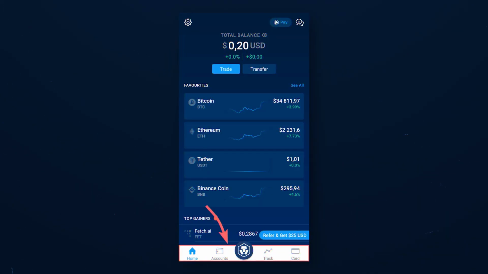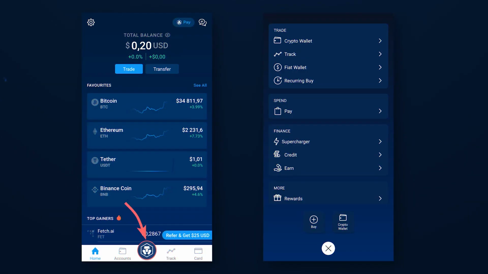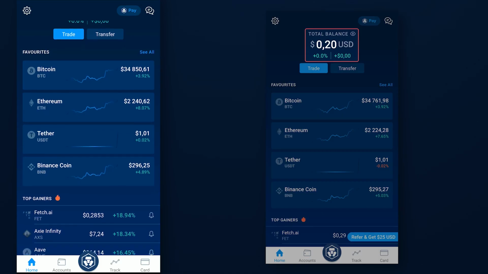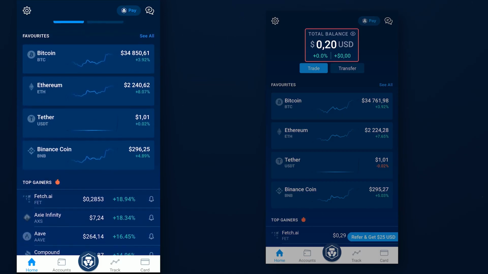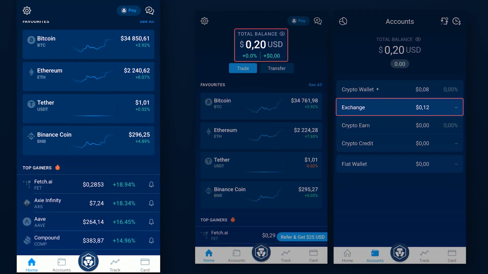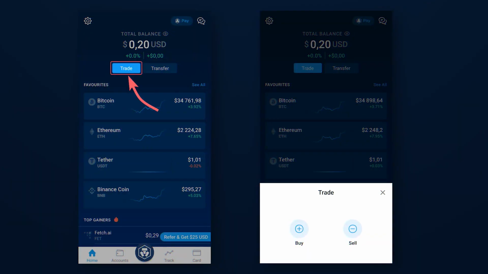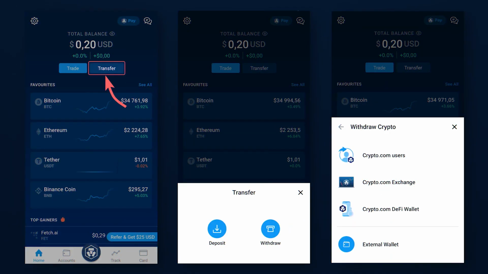To quickly switch between pages and sections of the wallet, you can use the area located at the bottom of your screen, or the quick access menu that opens when you click on the lion icon. From the home page of the application, at the top of the screen you can see the total balance of your wallet and all connected third-party products, for example Crypt.Som Exchange, on which we will make a tutorial in the near future. Using the buttons just below the balance, you can go to trading, make a deposit, withdrawal, or transfer